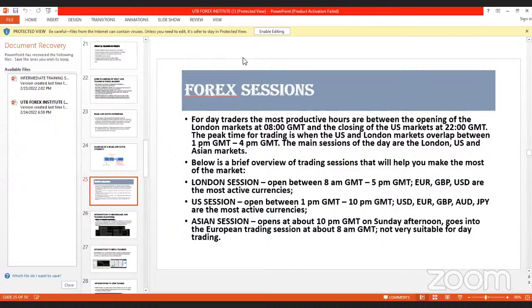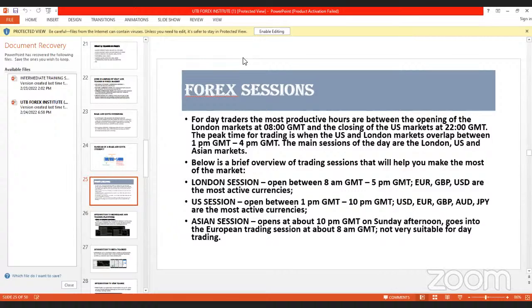That means their local countries' currencies will have more transactions, more volume. That's what we mean by volatility, in their own official working hours, like that of Asia. In the UK, during the London session, the currencies that are more volatile are the euro and the GBP. Of course, USD is everywhere, so you can even add USD to the Asian market. So for the London market, we have the euro, the GBP, and the USD. These ones are more volatile.